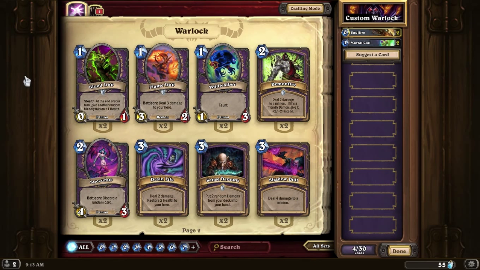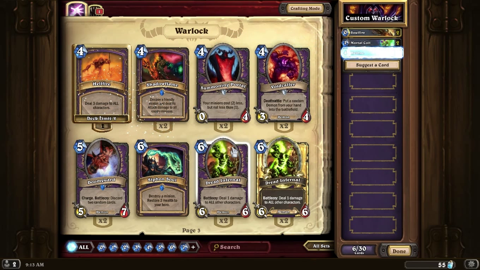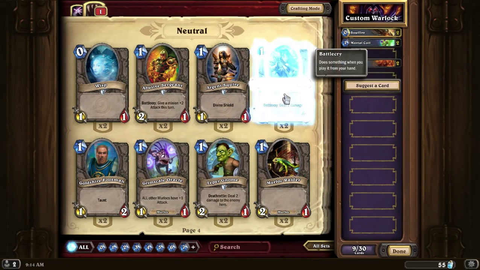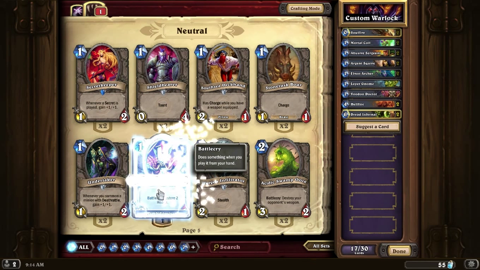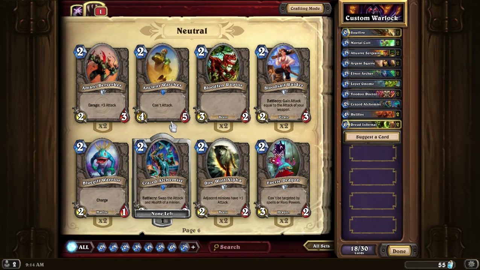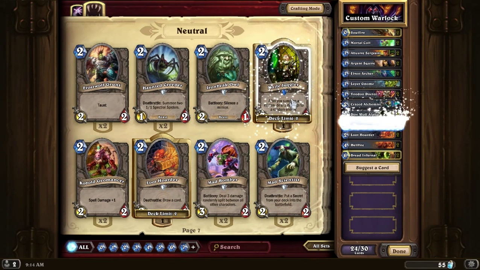I don't really want those, don't really want those. I can clear his board with that if I need to. Of course, that would also clear my board, but whatever. Sure, why not? That might be fun. I don't think that counts as damage, so...